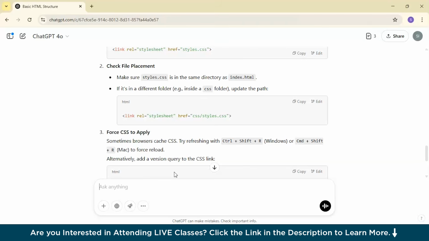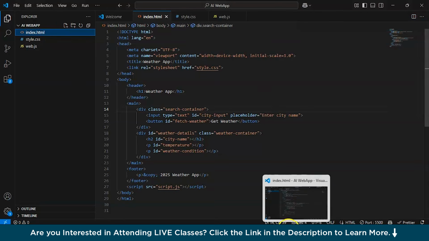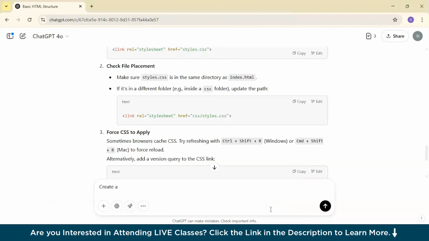the next thing we should do is to make this web app work. So we have to add the JavaScript to fetch the weather data. So I'll give one prompt. We'll basically check the name. I have given it as web.js. So I need to tell it to create a web.js file that